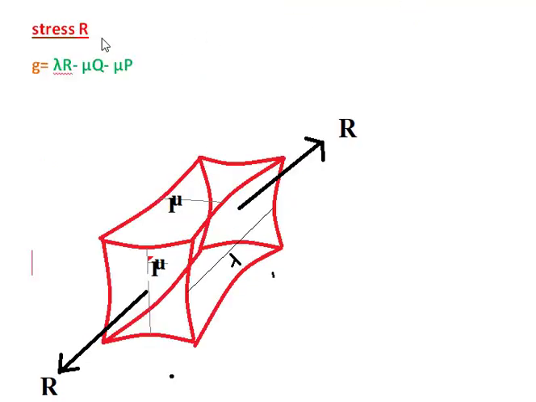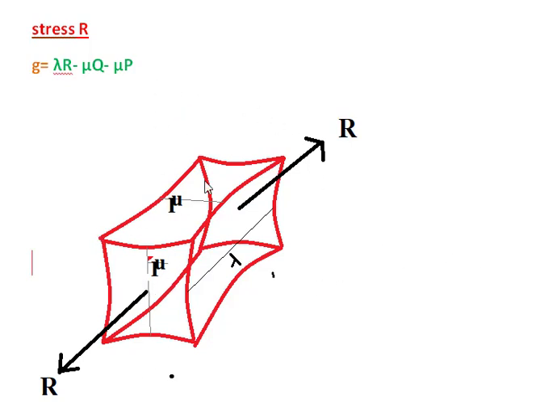On applying a stress or force R in this direction, the length in this direction increases, so it expands in the direction of R, and the other two directions are compressed, reduced. So the equation is written as e is equal to lambda R minus mu Q, the Q direction,